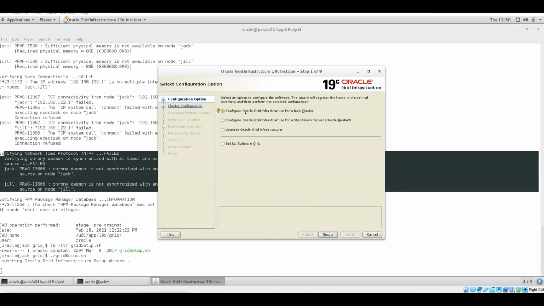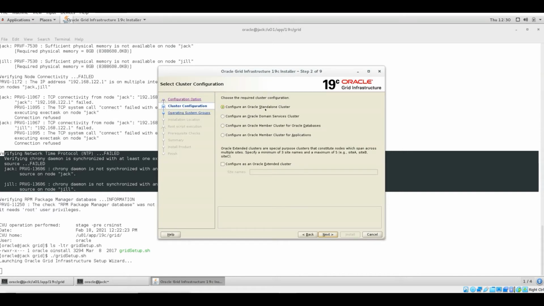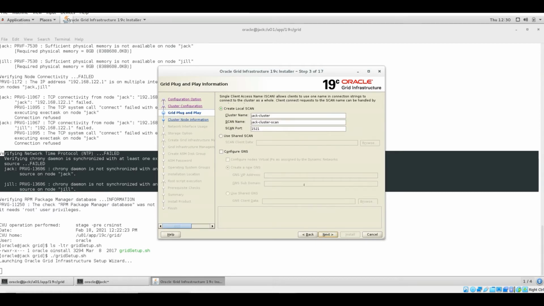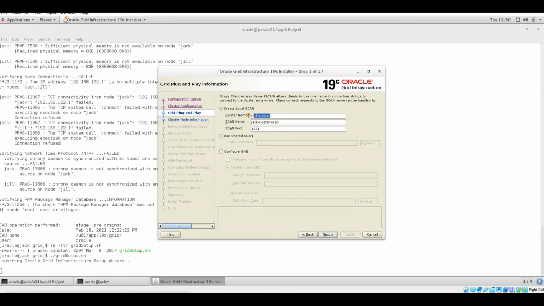So I need to proceed with configure Oracle Grid Infrastructure for a new cluster and configure Oracle standalone cluster. Let me give the cluster name as CRS prod. I'm giving the cluster name as CRS prod, and my scan name, as I have given, CRS prod-scan.